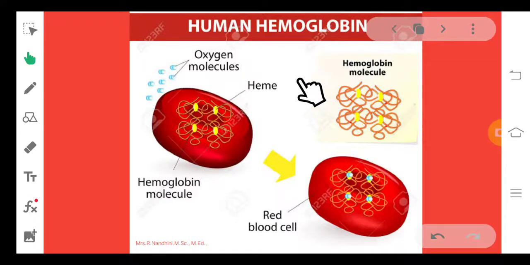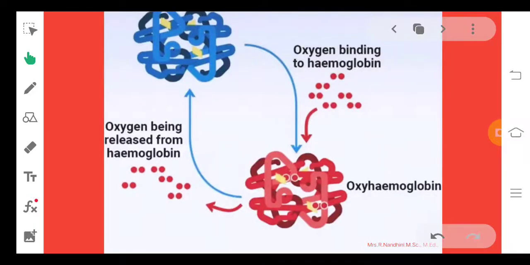Then hemoglobin. This is the heme part. This is the hemoglobin molecule. This is the oxygen molecule, or molecules of oxygen. This is the hemoglobin molecule. This hemoglobin binds with oxygen molecules in the red blood corpuscles. Then oxygen binding hemoglobin